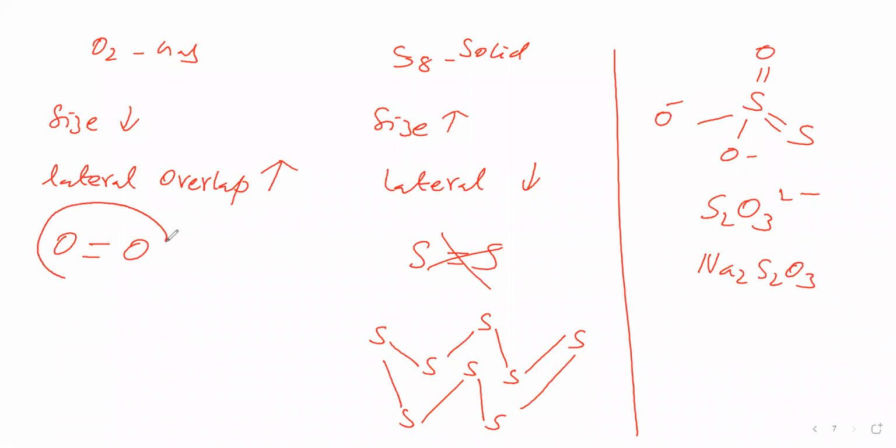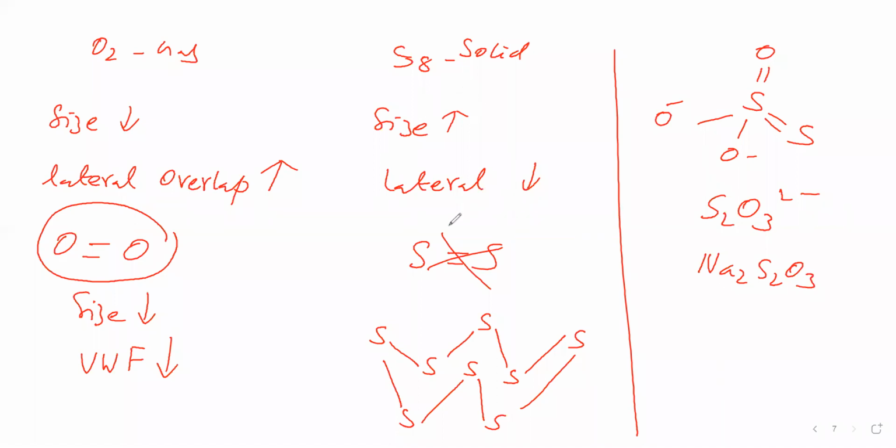Now the size of the oxygen molecule is low. Therefore the van der Waals force is low here. It goes for instantaneous dipole, induced dipole attraction, so the van der Waals force is low, and therefore it exists as a gas. But the sulfur molecule has a huge, big size, so the surface area is more and the van der Waals force is more. Therefore it exists as a solid. So in the oxygen family, oxygen exists as a diatomic molecule and is a gas, but sulfur exists as a solid, an octatomic molecule.